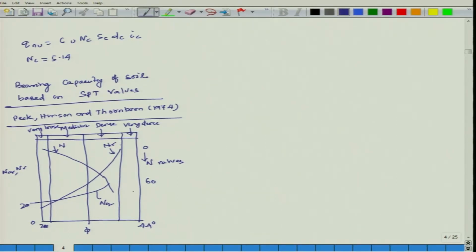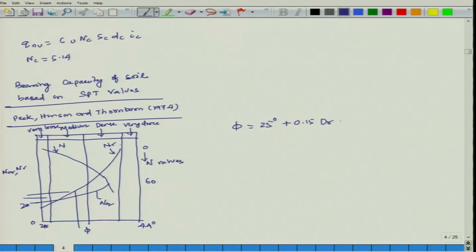Now, if you look here, once you have a penetration value N, from the N value you can calculate your phi. Once you know phi, from there this has been extended. Suppose phi is varying from 28 degree to 44 degree, you extend it, where it cuts, from there you can find NQ and N gamma. This chart has been widely used. So, two correlations they have given, one is phi is equal to 25 degree plus 0.15 Dr